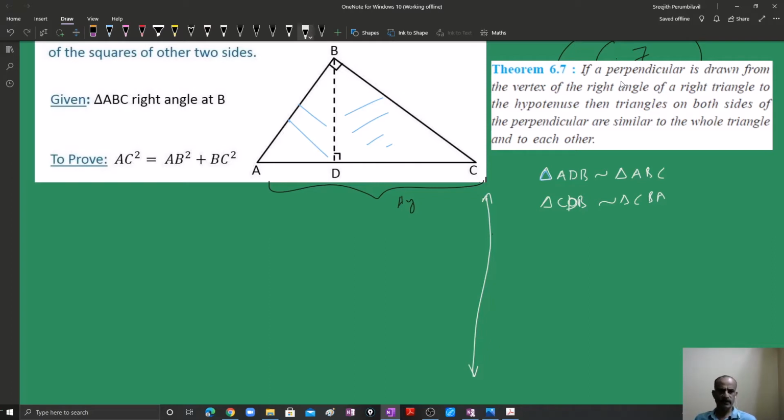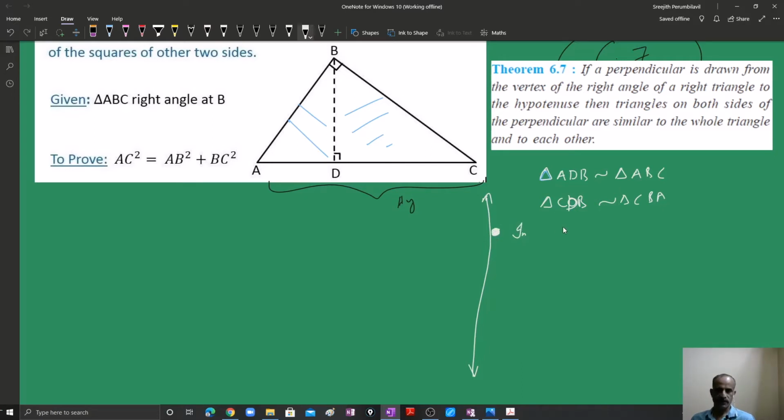So if a perpendicular is drawn in this triangle, that is what is given. I am explaining 6.7, not the Pythagoras theorem. We will come to the Pythagoras theorem after that. So given part, what is given in ABC, I am not writing the proof completely. In triangle ABC, this perpendicular is drawn. Now when you look at the first part,